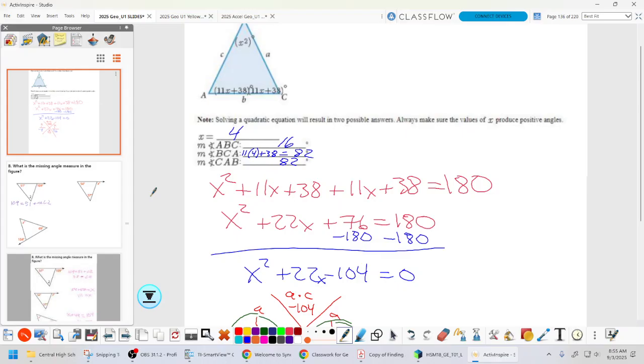Questions? So your test on Friday will involve segment addition, angle addition, bisectors, which includes angle and perpendicular bisectors. Make sure you know when it's an angle and perpendicular bisector. It will involve midpoint, distance, linear pairs, vertical angles, triangle angle sums, and quadratic solving along with all the linear solving. You should